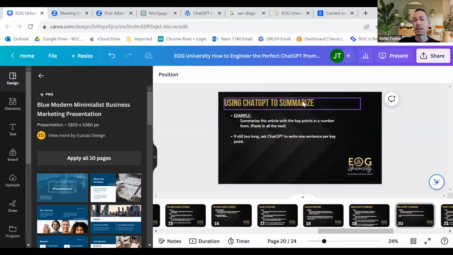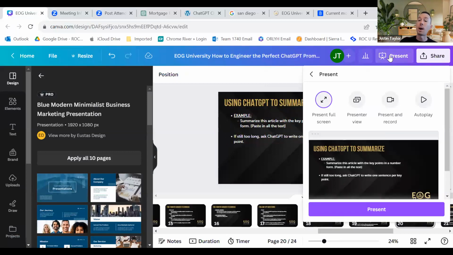So summarize things. If you need things to be summarized, blog articles, whatever it may be, any content that you as an agent, as a business owner want to consume so that you can understand it better, right? This isn't just for creating blog posts, but for you to learn more. And you can learn more a lot quicker by just having it summarize things so that you become a stronger business owner.